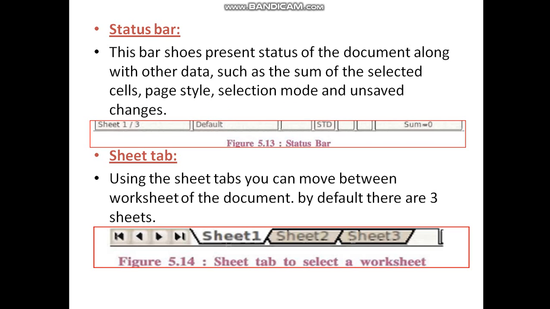Next, sheet tab. Using the sheet tabs, you can move between worksheets in the document. By default, there are 3 sheets available. See, sheet 1, sheet 2 or sheet 3. By default 3 sheets are available on our first or on any files. If you want to add a new sheet, then